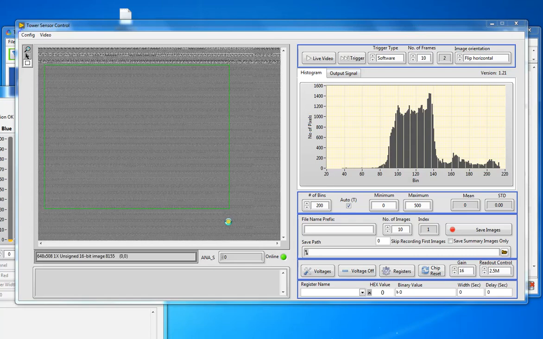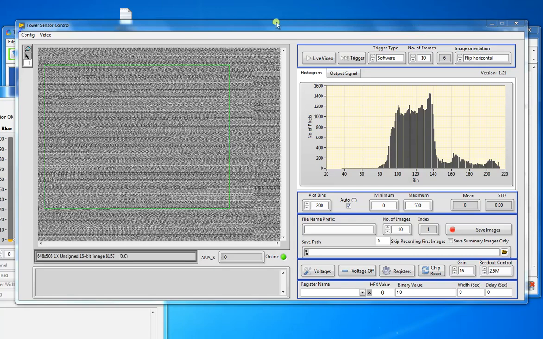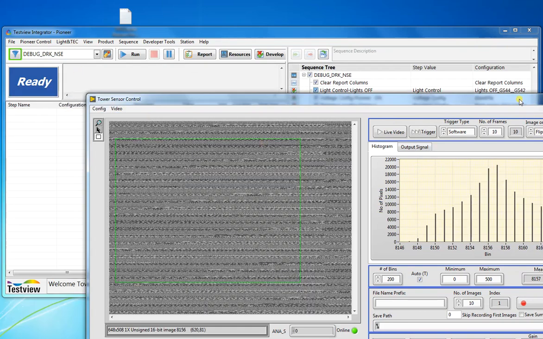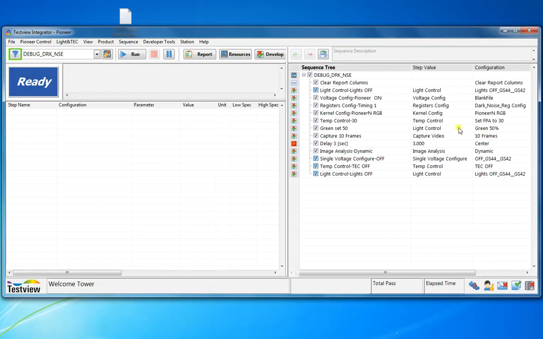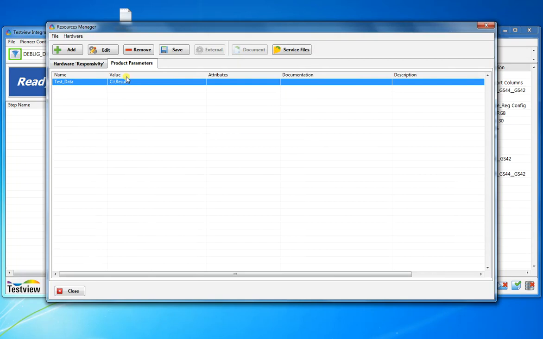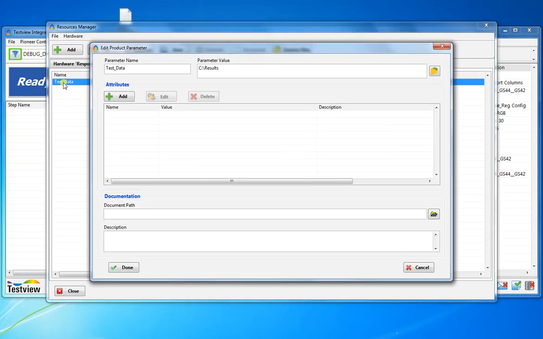The TVI is up. Let's minimize those windows. Now the second parameter that we use to set up the results directory is here under resource. Product parameters, test data, double click.